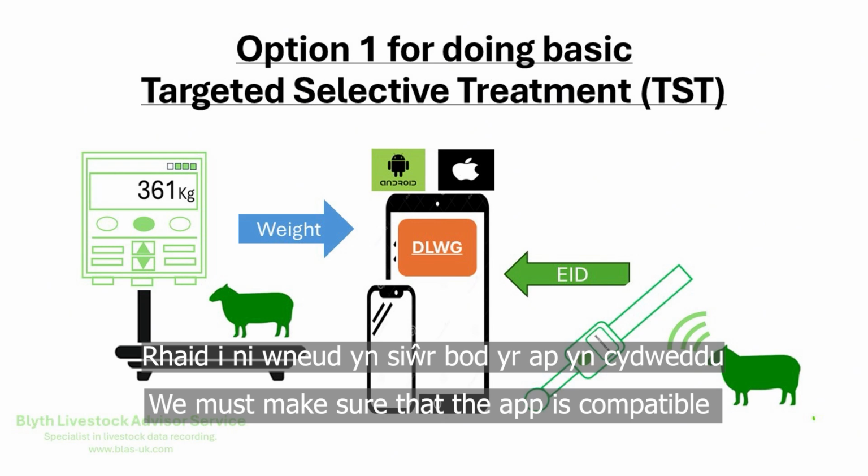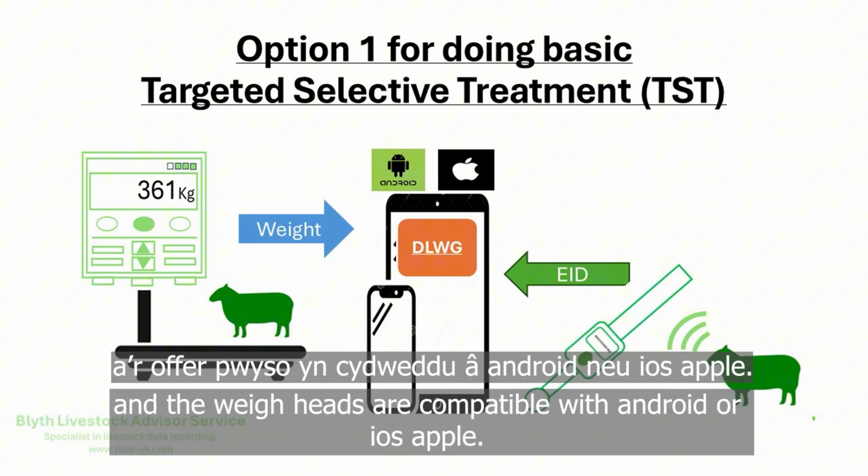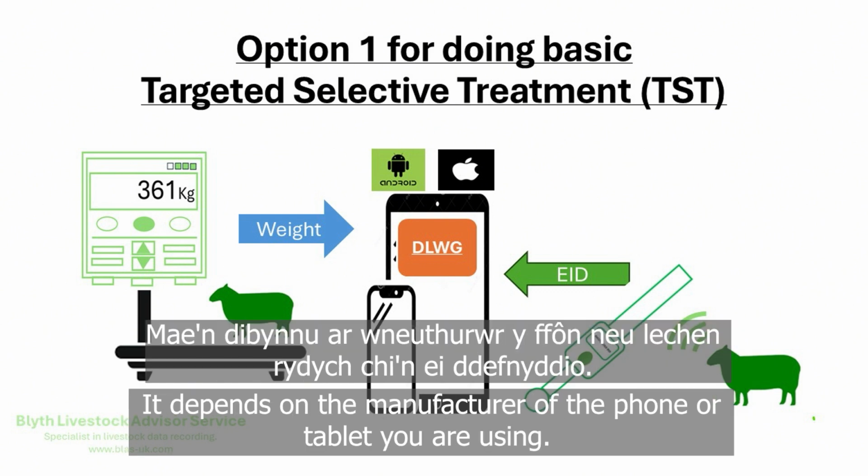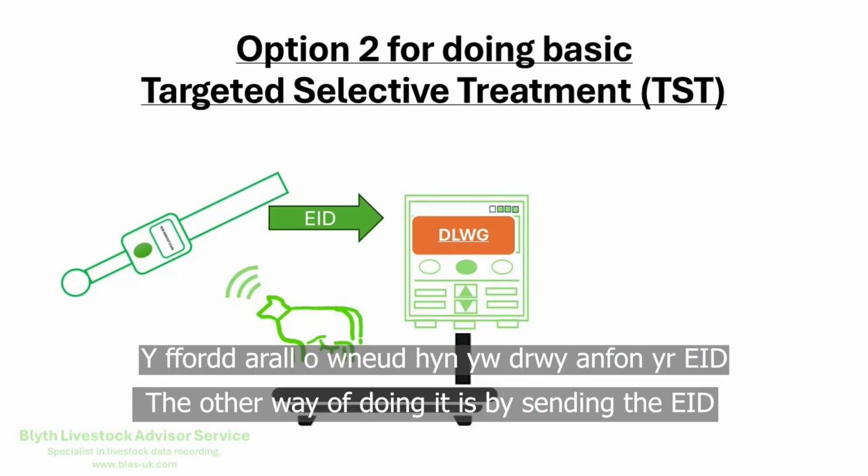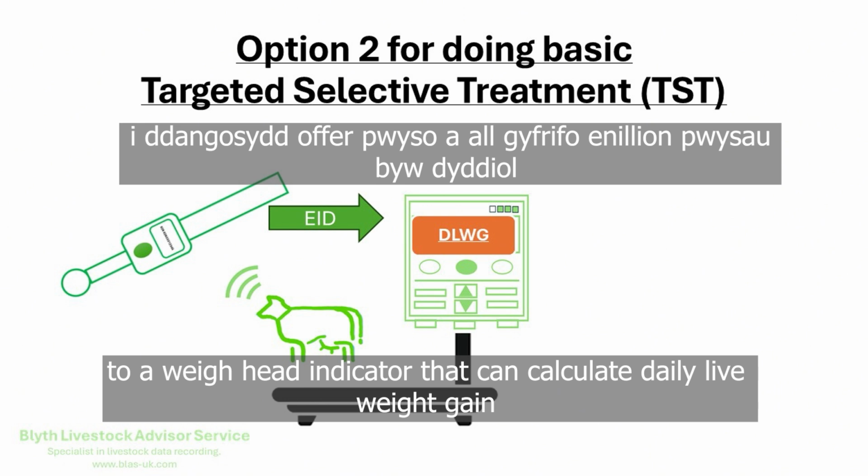We must make sure that the app is compatible and the weighheads are compatible with Android or iOS Apple. Depends on what manufacturer of phone or tablet you are using. The other way of doing it is by sending the EID to a weighhead indicator that can calculate daily live